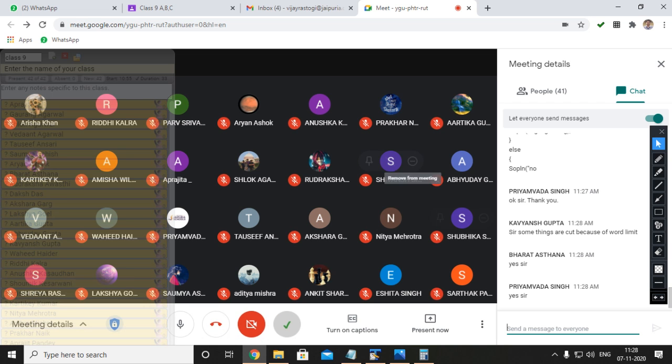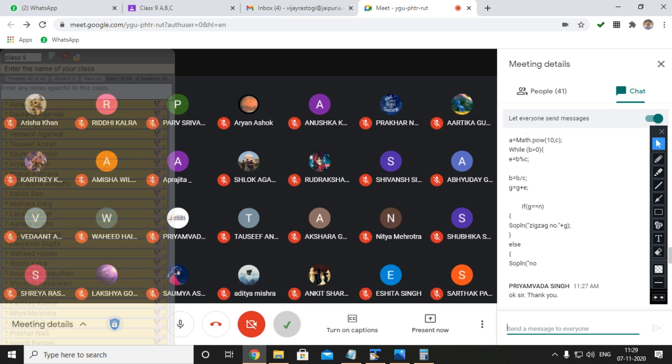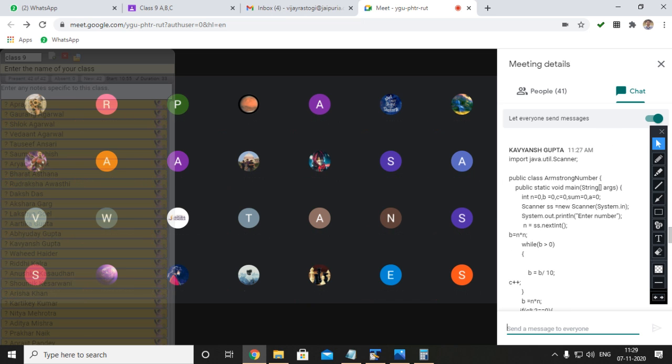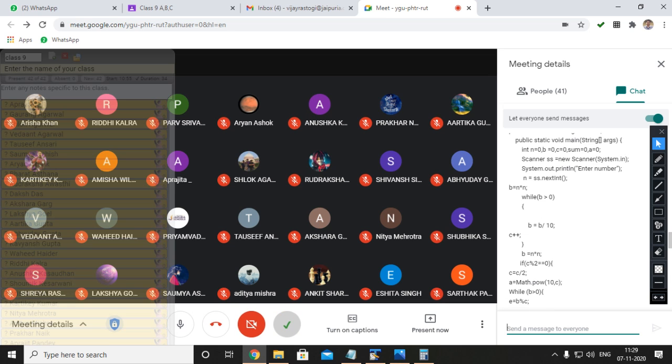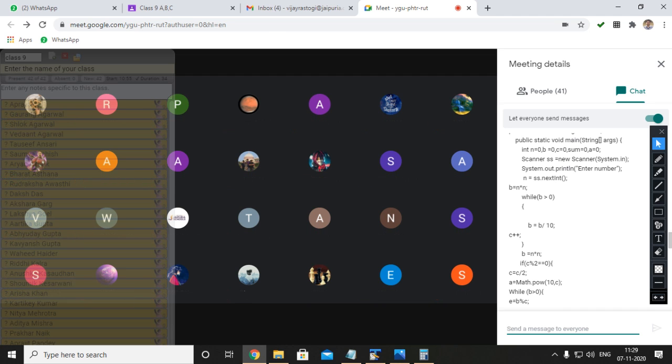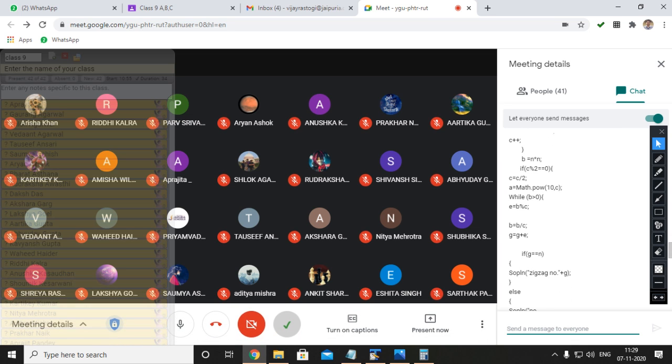Okay, so Kavyansh, you can post in the, wait, let me see this. Kavyansh, we can reduce the working beta. It's very complicated. Okay, just wait, I will discuss.